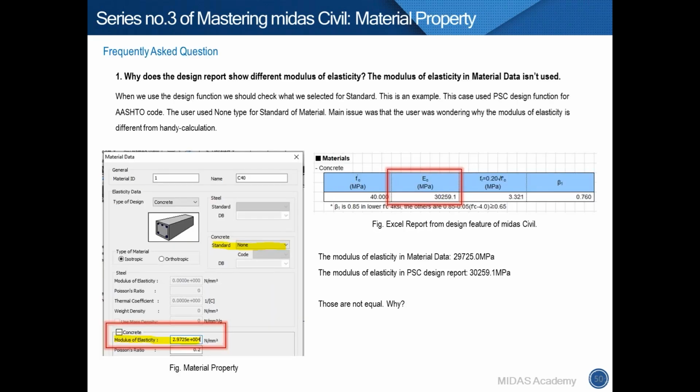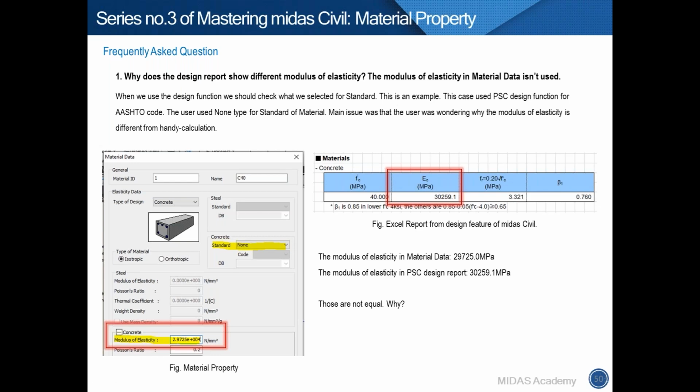The first query is, why does the design report show different elasticity modulus? The elasticity modulus in material data isn't used. As we know, if we select concrete, steel, or SRC material, the standard can be selected, and the imported material will be taken over to the design feature. So the user guessed that this elasticity modulus will be used for the design calculation. But